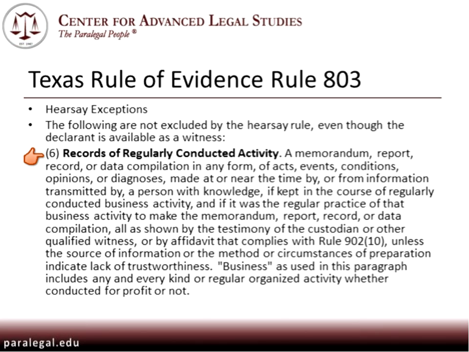Now, for our purposes, while there are many hearsay exceptions, we will concentrate on just a few of them. First of them is going to be records of regularly conducted activity. And basically what that means is if someone makes a record as part of the normal course of business, such as, say, a hospital does with their records, is the most common one. It could be anything, though. A mechanic shop who makes a record of the work that they do and the parts that they use. That's a record of a regularly conducted activity. Then you can get that admitted into trial so long as you attach it to an affidavit, which conforms to Rule 902, which I'll show you here in a moment,